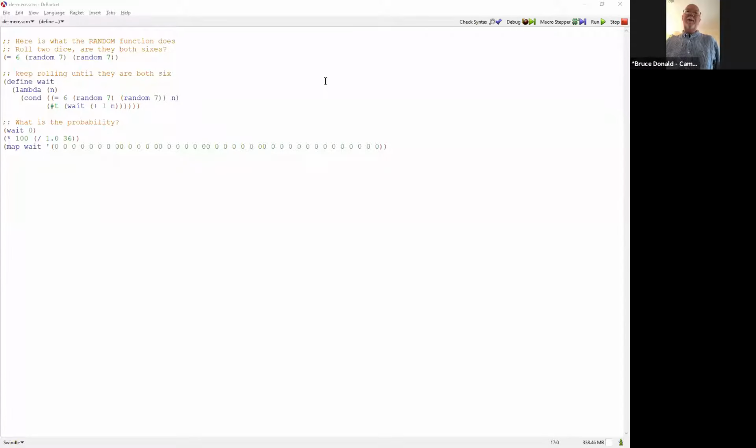And so last time we talked about a game that was discussed in the 1600s by the Chevalier de Méré, who wrote to Blaise Pascal, who then wrote to Fermat, and asked various questions about dice games. And in Scheme, as well as other languages, there are functions like random. This is a pseudo-random number generator. It's not a random number generator, but it's pretty close. The random function, as you can see here, feel free to blow this up if you can't, returns an integer value chosen from a basically random distribution between 0 and 6.